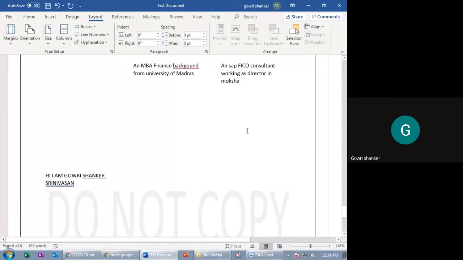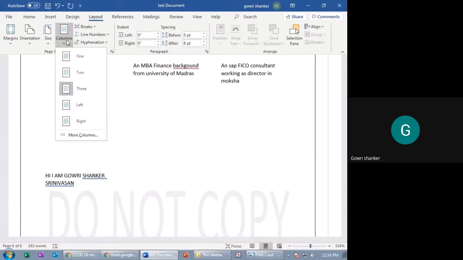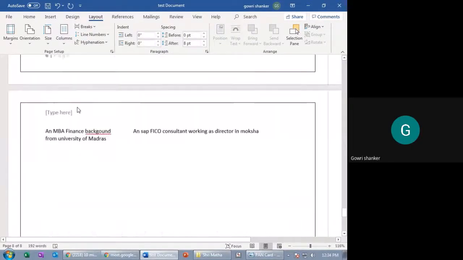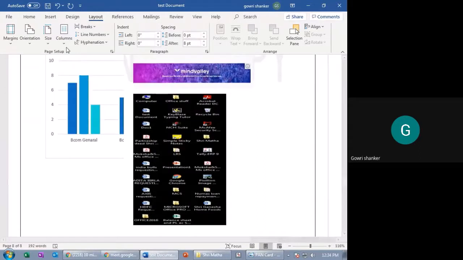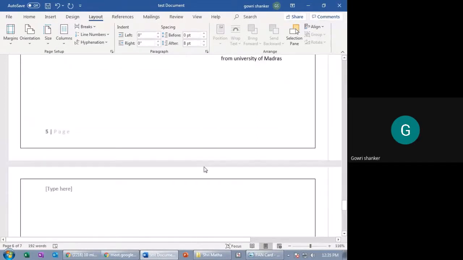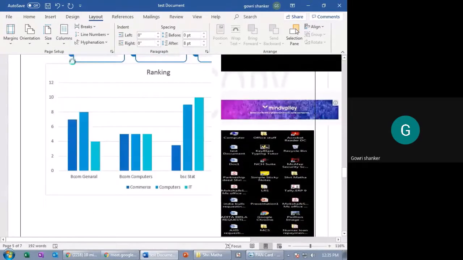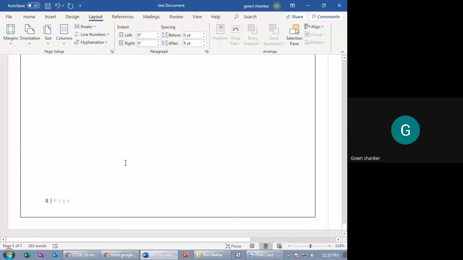It means when you prepare brochures, in A4 size paper, very simply, you can add 3 different columns. You can insert or type words, or put pictures in it, and you can fold it. So you can prepare your own brochure when you require. By using these 3 columns or 2 columns you can use, or left-hand side you can use. It will come completely on the left-hand side only. See, only left-hand side. If you use only the right side, it will go only to the right side. If you keep it as 1 column, then it will be normal. 1 column is normal, it will take 1 page only.